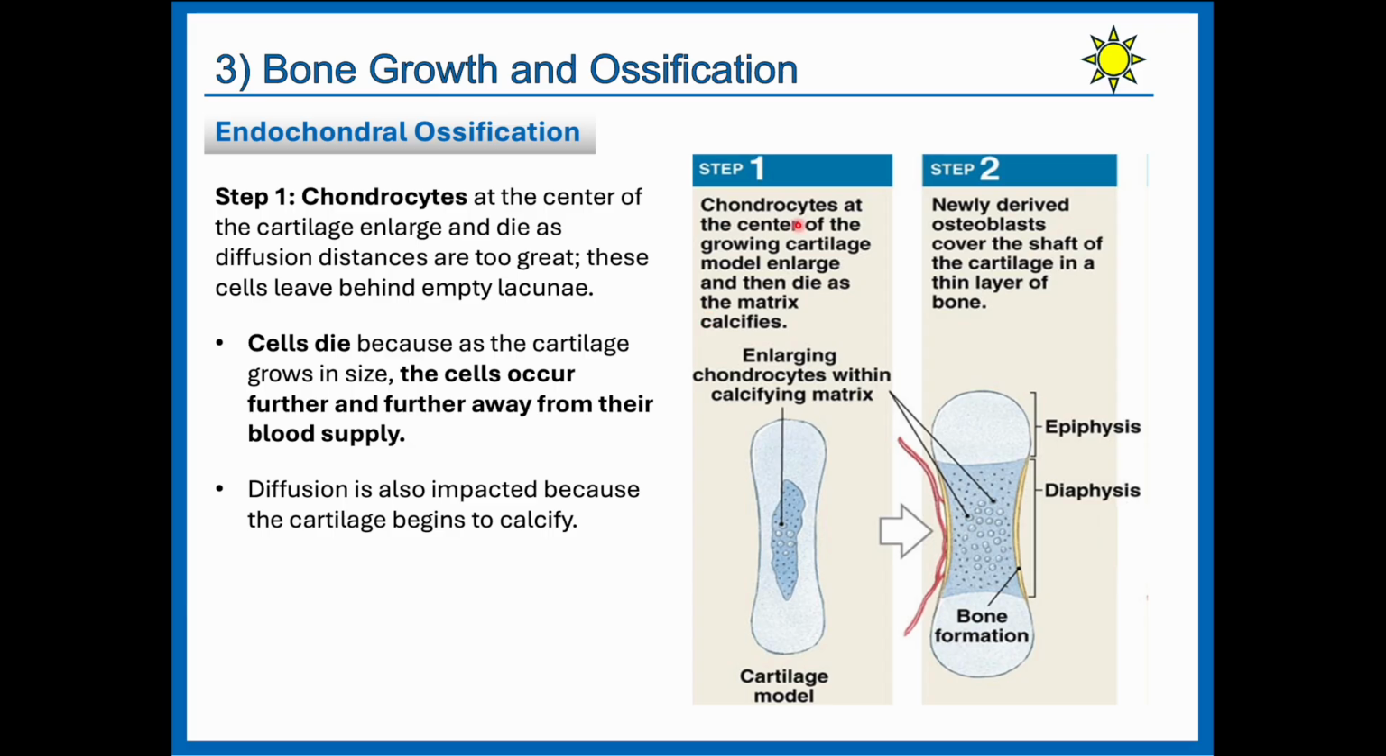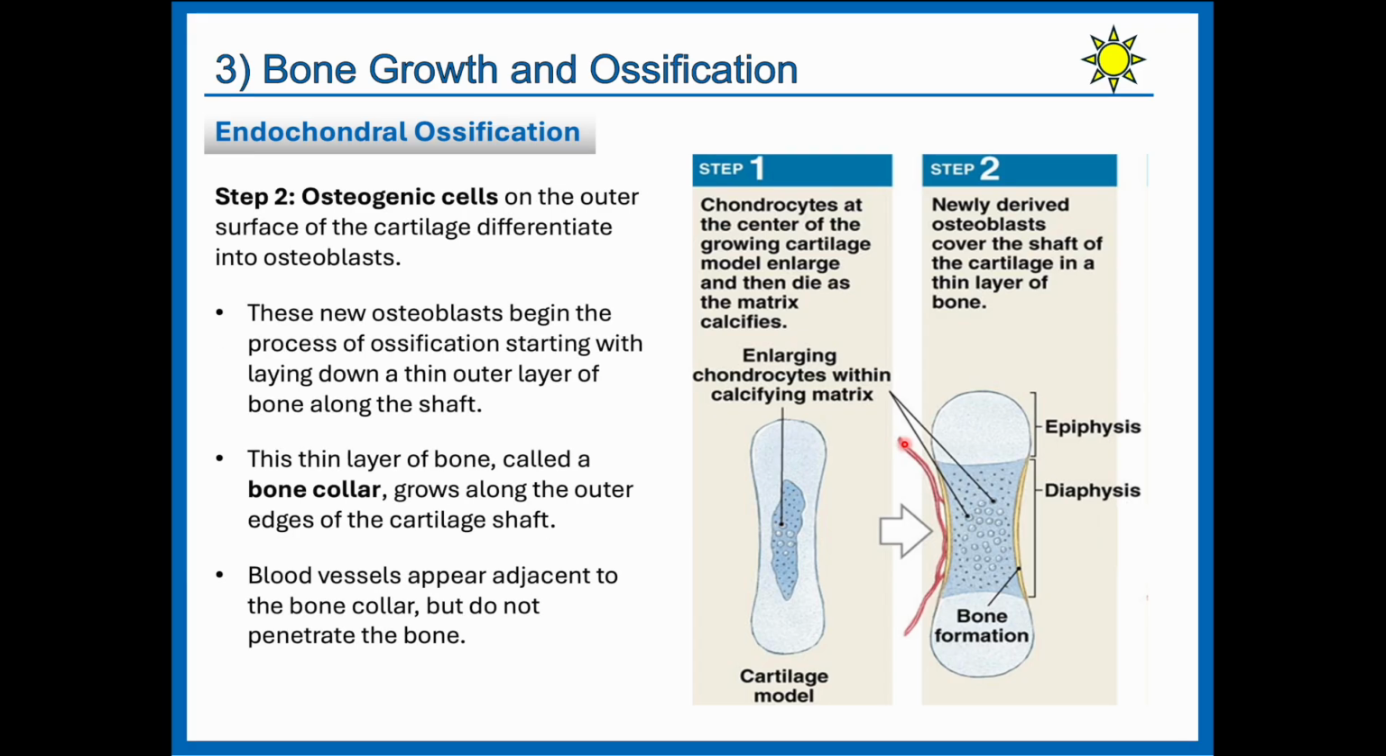calcify. So, chondrocytes at the center of the growing cartilage model. I like to think of this as the cartilage model. This is the cartilage that will make the new bone, and it's like a model that you will then ossify on top of. So they die, and then the matrix will calcify. So enlarging chondrocytes within the calcifying matrix are over here. Step 2, which you see over here,